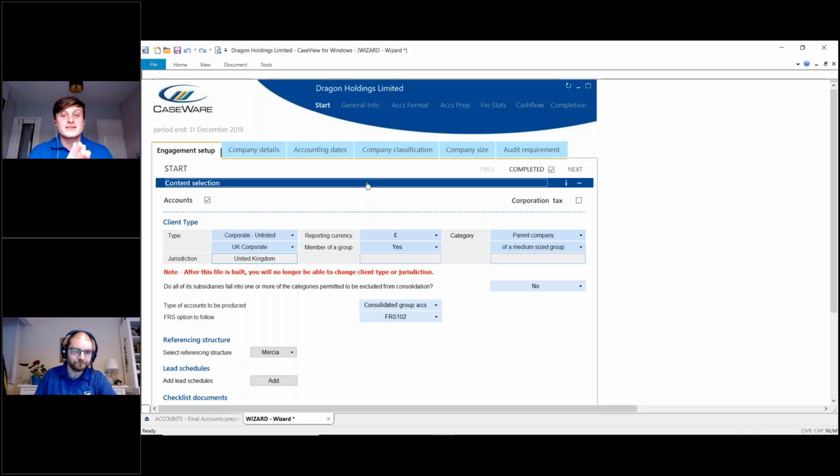I've managed to open up this screen, Tom. Let's have a look at the wizard. I've got an excellent one to follow about rounding as well. So let's do the wizard. When you go into the wizard, during the engagement setup process, you'll notice that we've got the option to select that this is a member of a group. As a result of that,